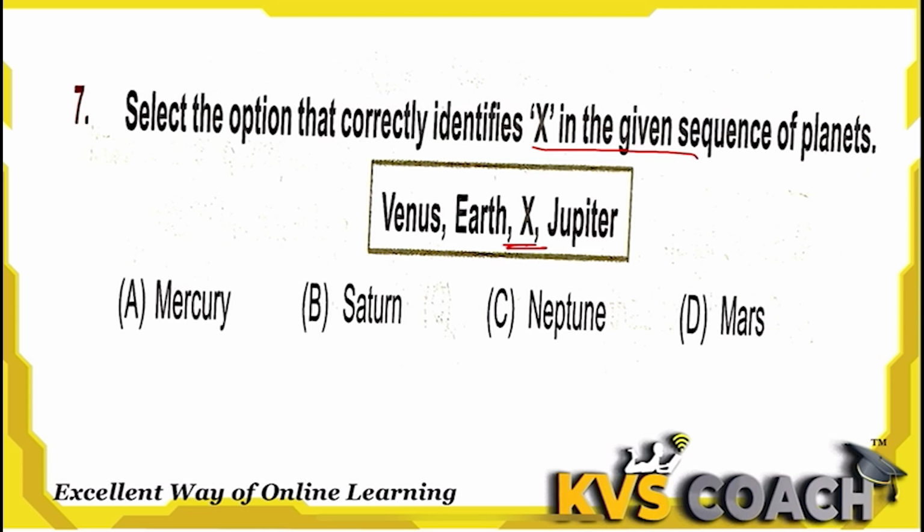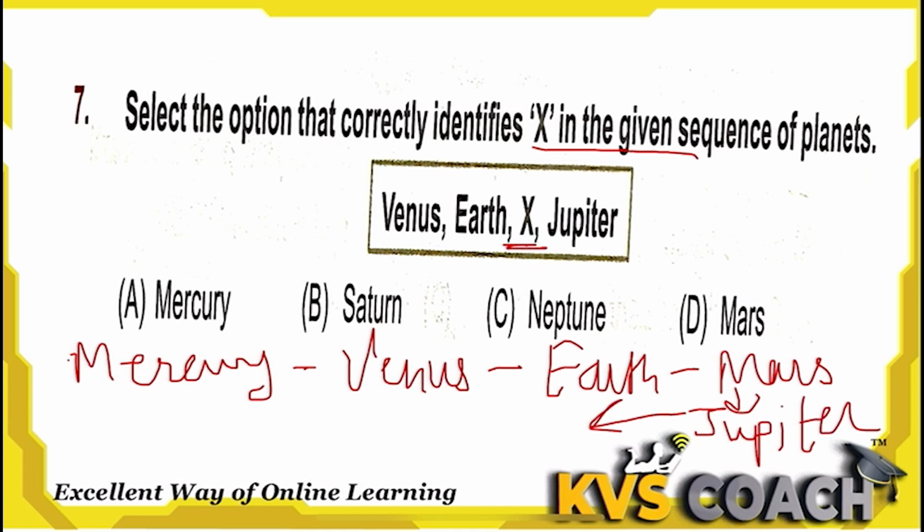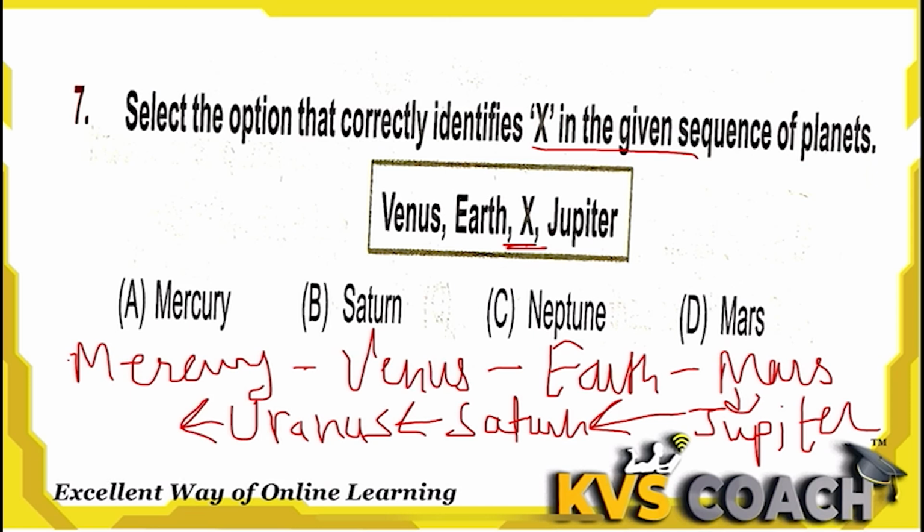The sequence of planets is, first is Mercury. After that Venus comes, after that Earth, and after that Mars, after that Jupiter, after Jupiter that is Saturn, after Saturn that is Uranus, and after Uranus it is Neptune. So this is the sequence for the